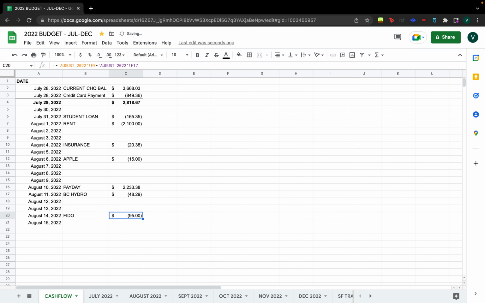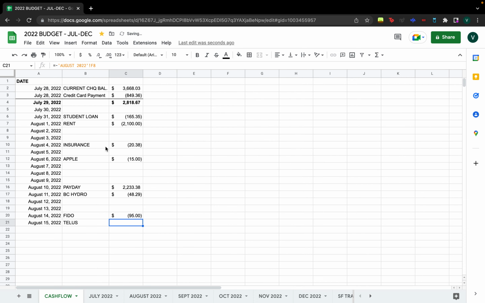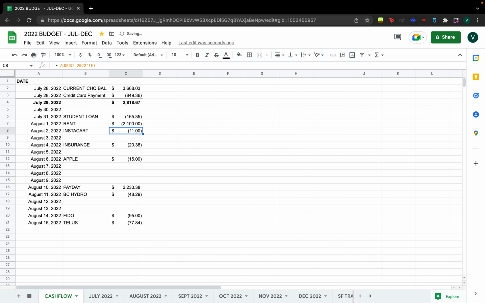Fido. Oh, and there is TELUS. But Fido and TELUS are actually credit card payments, and then I pay my credit card. But I'm just adding it in for ease. Okay, and then we have Instacart. Didn't add that. Instacart membership. So you really want to be careful with all your memberships like Netflix, Instacart, or any others that you might have. That's really important. Okay, so then I will have a balance of 2818, and then with these things gone,